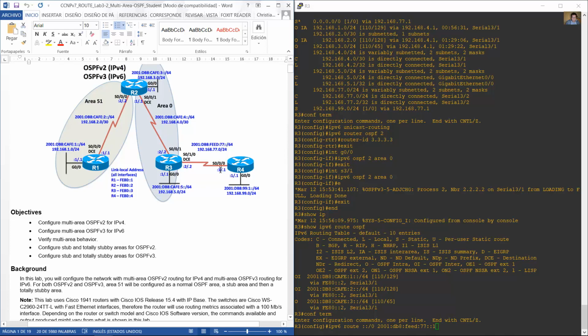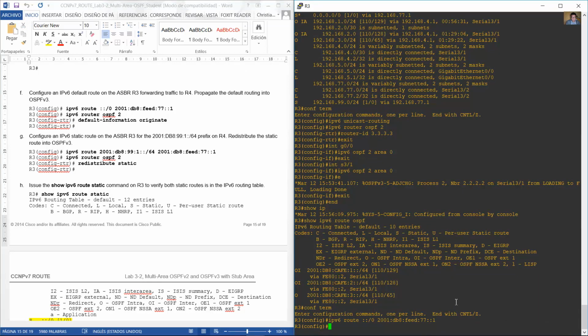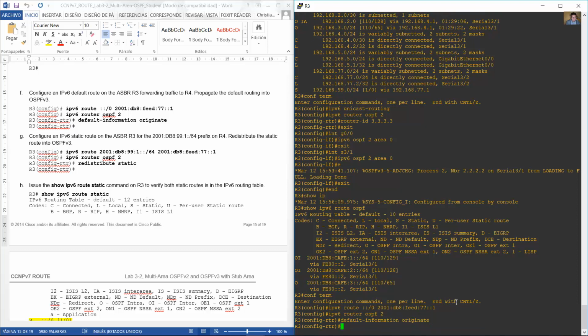77::1, and propagate. IPv6 router OSPF process 2, default-information originate, and